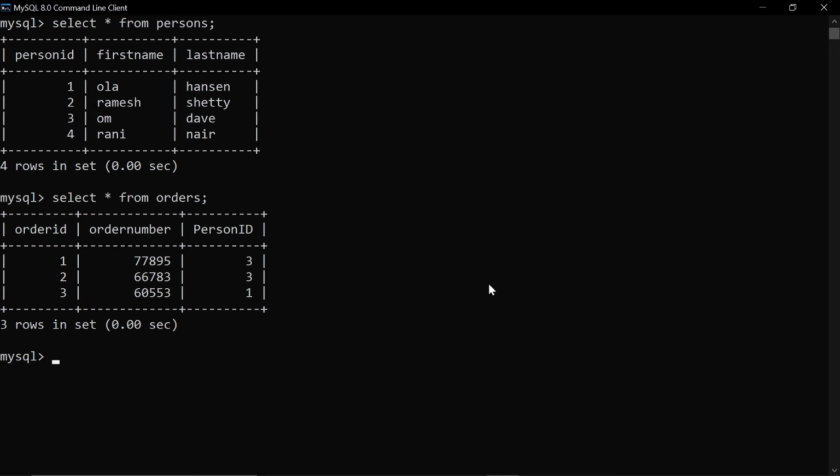So this is the data of these two tables. Now in the persons table, the primary key is given to the person ID, and in the order table the foreign key is given to the person ID.